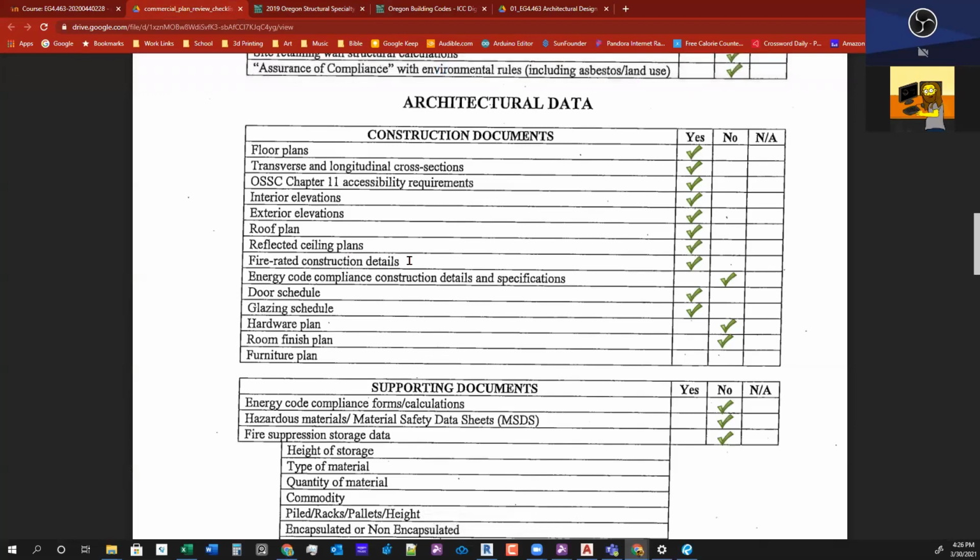So for instance, in our elevators and our stairs, they typically have to be a 2-hour fire rated assembly so that if there's a fire, people can get out of the building. Another thing for the fire rating too, or some of the fire and accessibility requirements, is stair landings have to